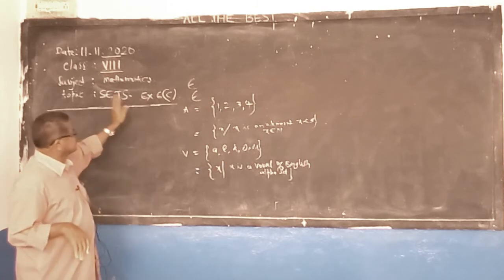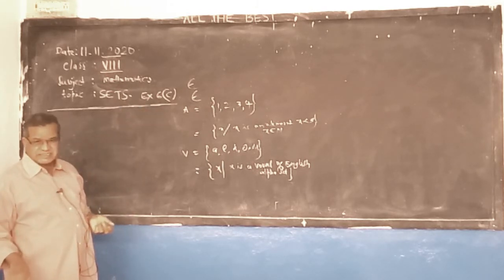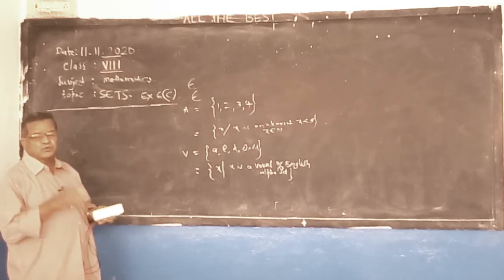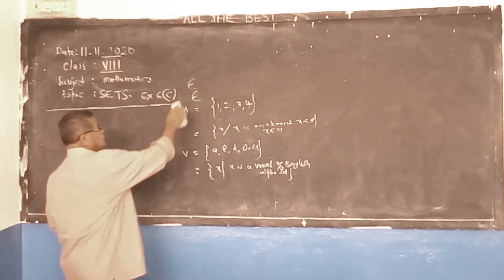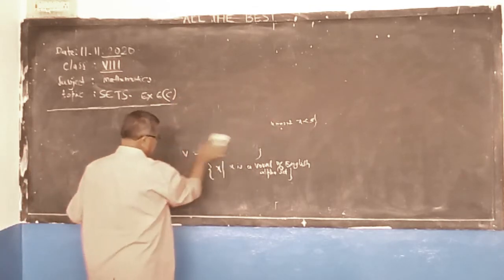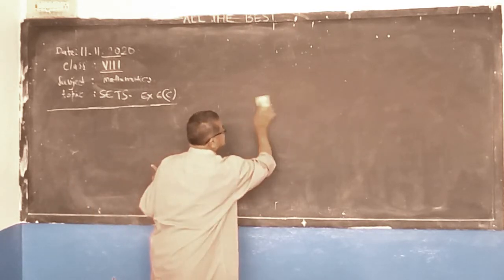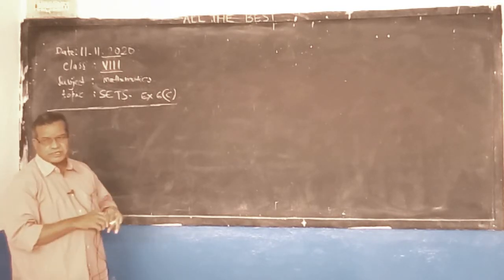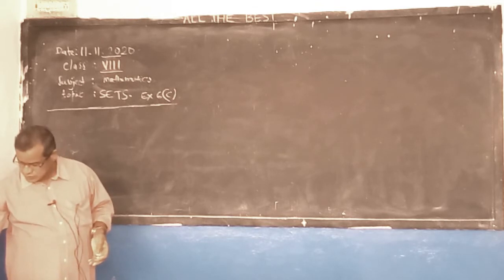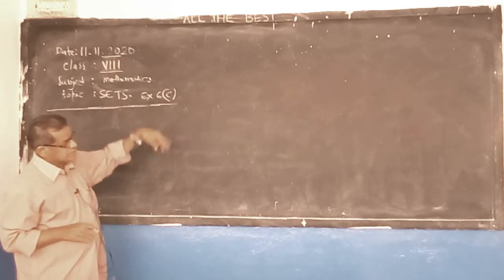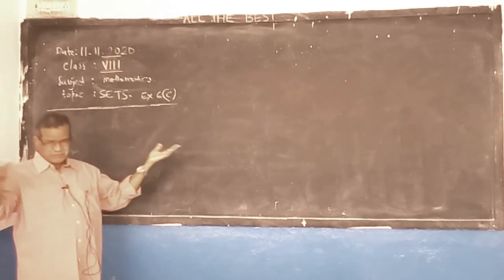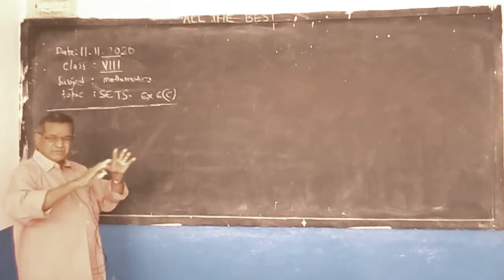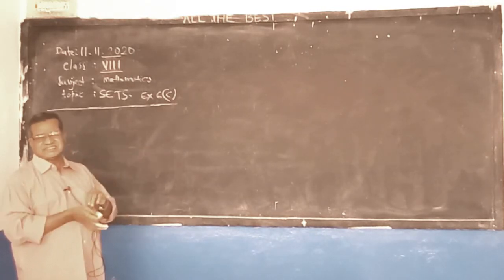Now we are doing the 6C exercise. In this exercise, we are learning about union and intersection of sets. If two sets or three sets are given, find their union and intersection. We did how to do this in the previous class. In union, generally we write all the elements. Union means unity, bound together, because they are mingling and combining.